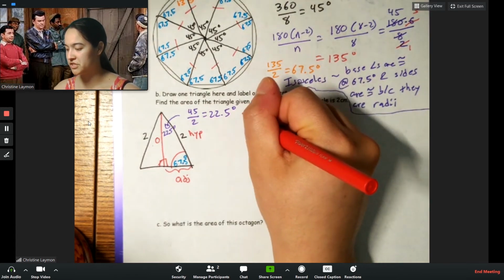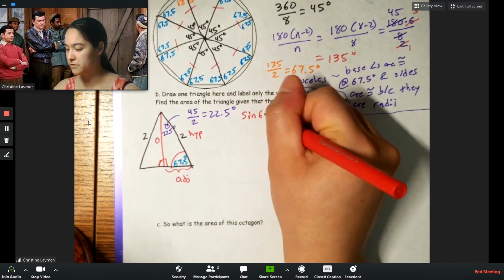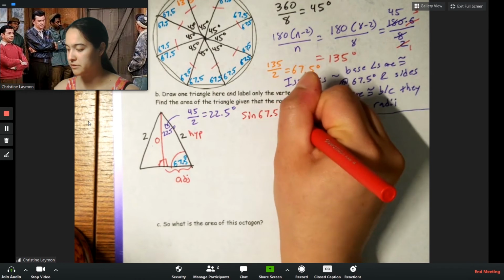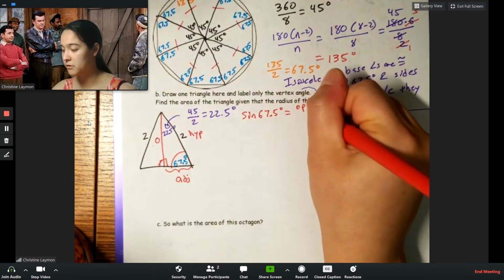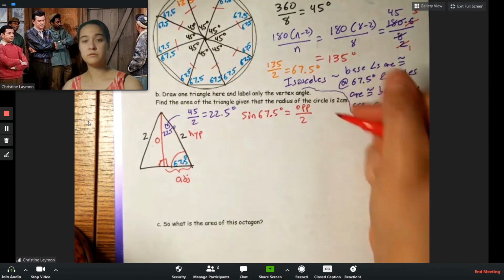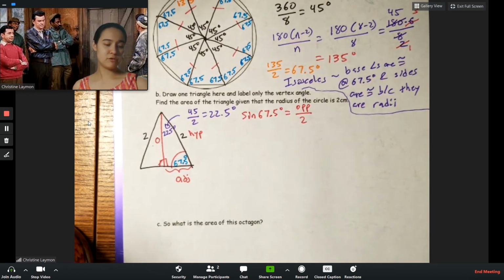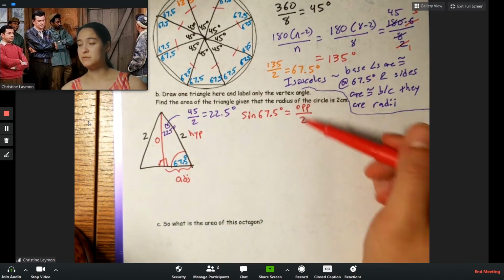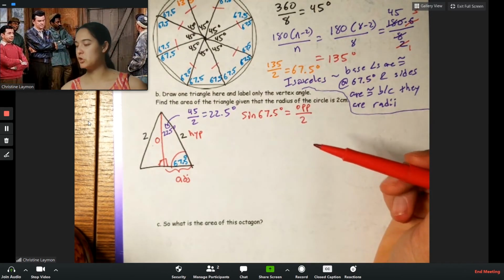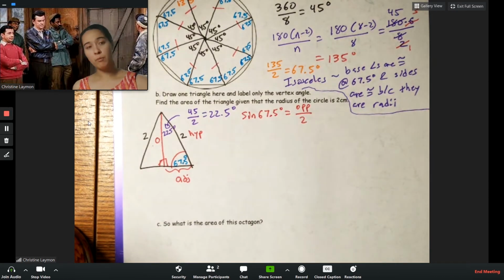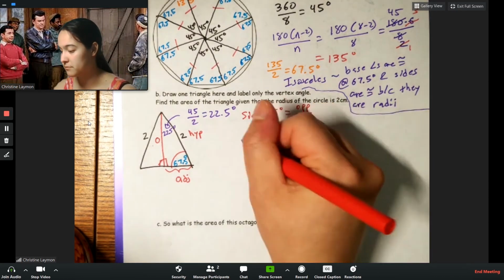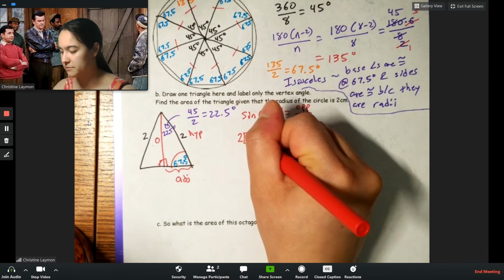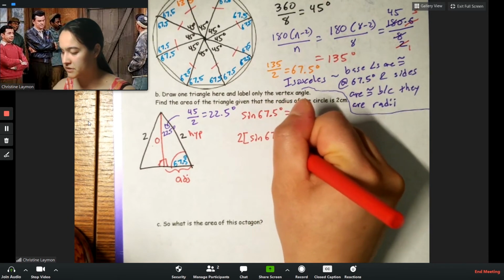So I'm going to do the sine of 67.5 degrees equals opposite over 2. You can use opposite as X or O or whatever you want. The reason I don't recommend using O when you write it in is because O looks like 0. So to get that by itself, multiply the 2 to the other side. So 2 times the sine of 67.5